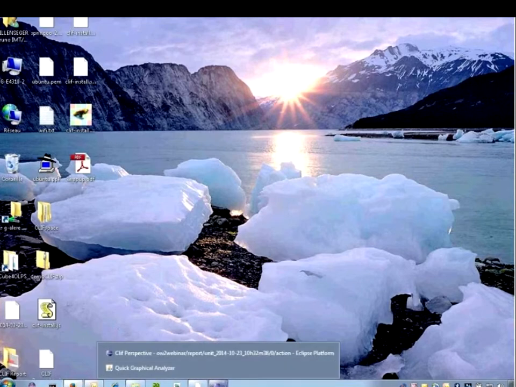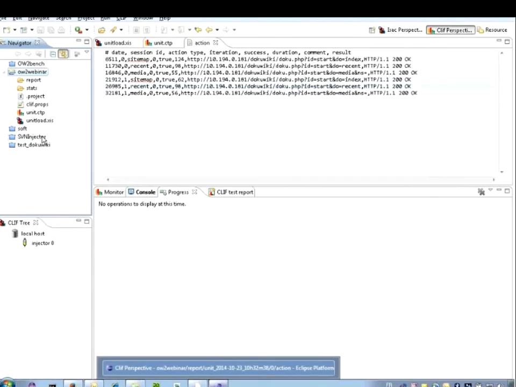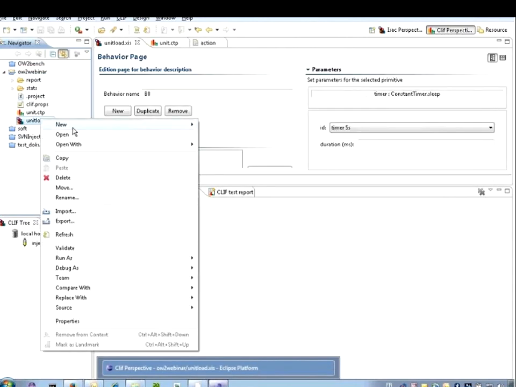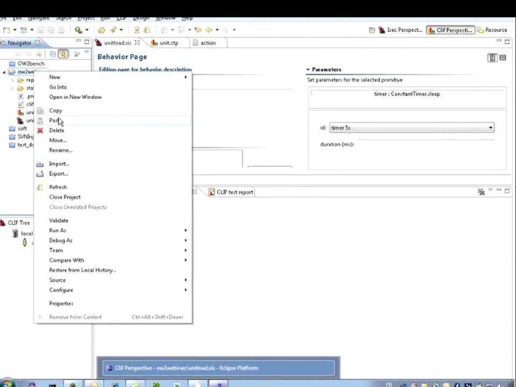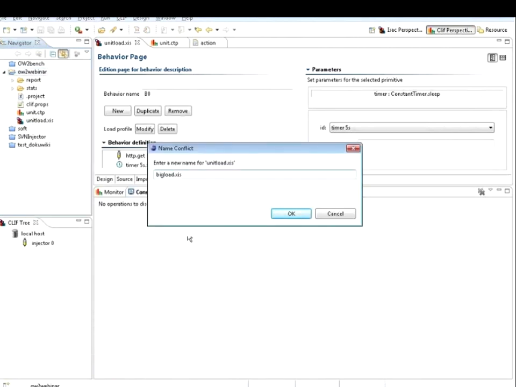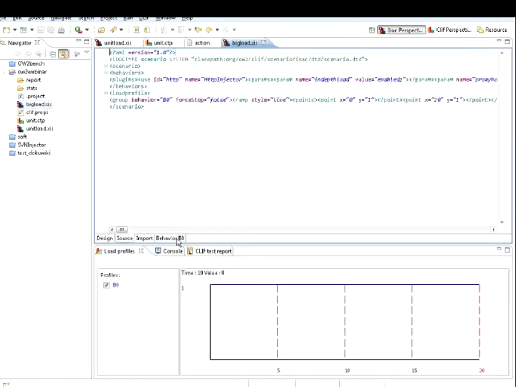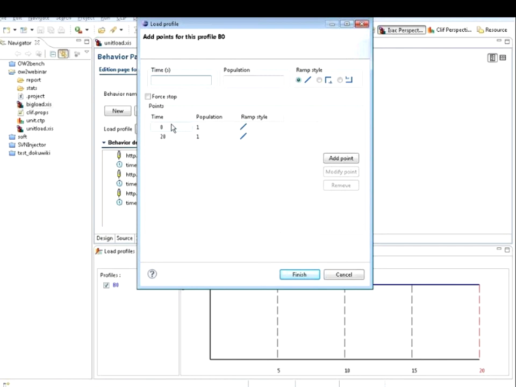Okay, let's go back to the CLIF console, and let's do something more interesting. Let's say that we want to do a bigger load. So I'm going to copy-paste this unit load test. I'm going to call it big load. I open this scenario, and I'm going just to change the load profile. I will say that at time 0, I want 0 population. Then let's say that at time 20, I want a population of 50 virtual users. And then let's say that at time 60 seconds, 1 minute, I want still 50